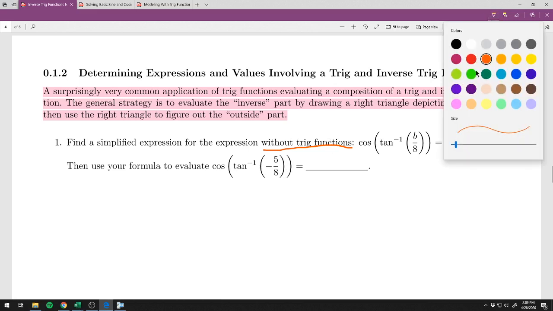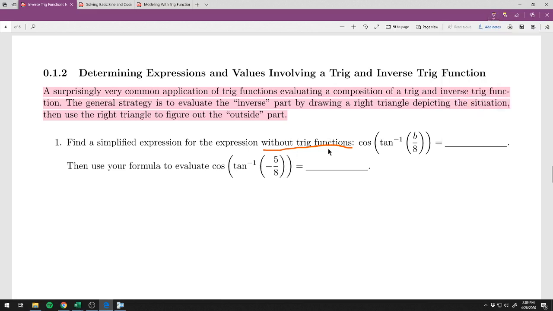All right, but I have outlined above how we go about doing this. You always work inside out. So we do the inside part. And doing this inside part might not make a lot of sense at first because really we have a letter here. You can't type this in your calculator, but it does tell you something to draw. You can always draw a right triangle. So what we want to do is draw a right triangle